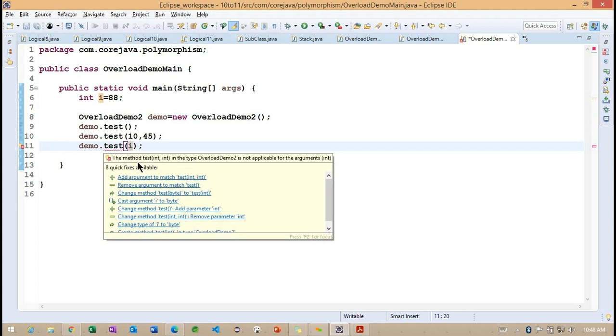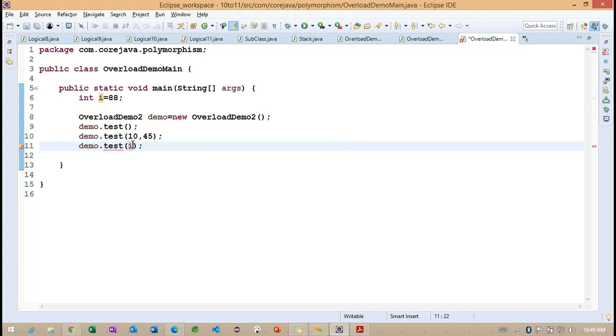Now you can see, int to int, which is expecting a different parameter here, is not applicable to int here. So it's giving a hint. We have another method which takes int comma int, but here you are passing int only. Getting the point? Only one parameter you are passing, and we don't have a method related to one parameter. Getting the point? So now you can see, to convert here,